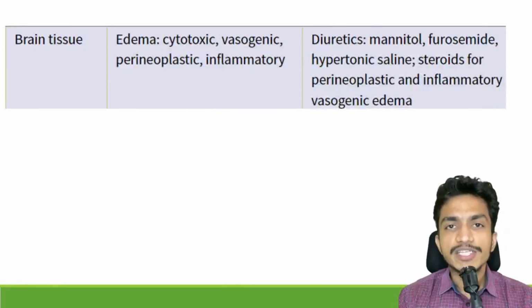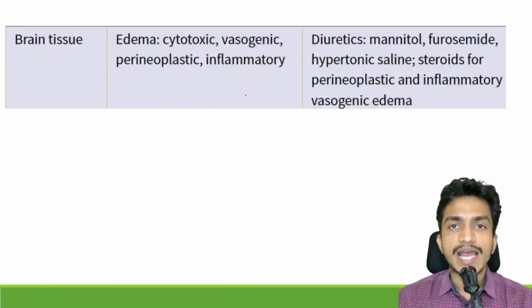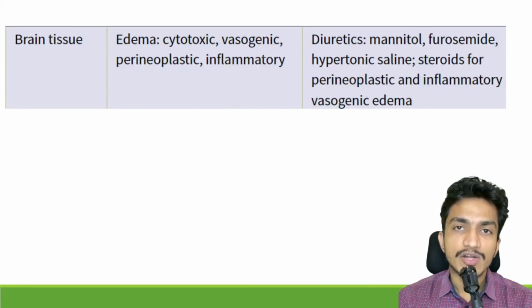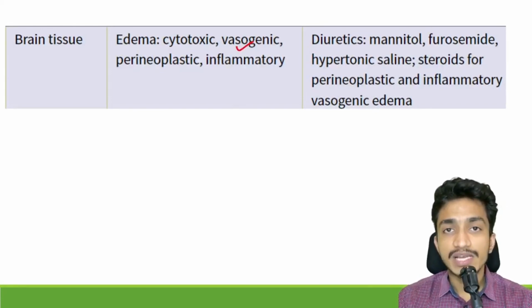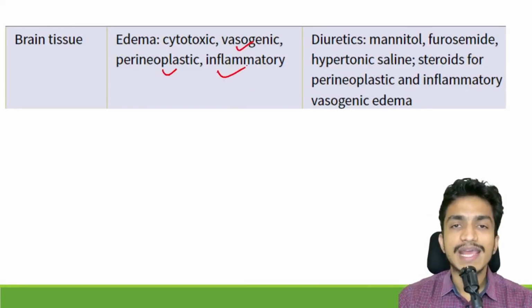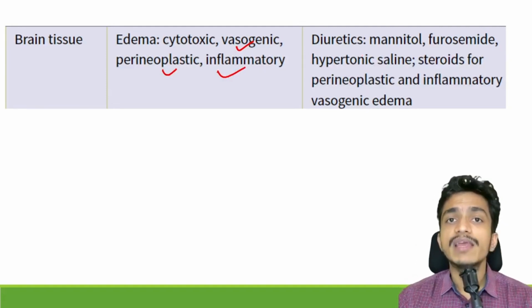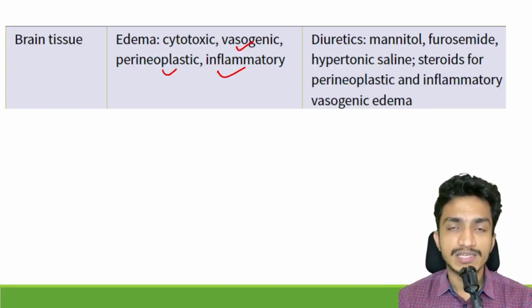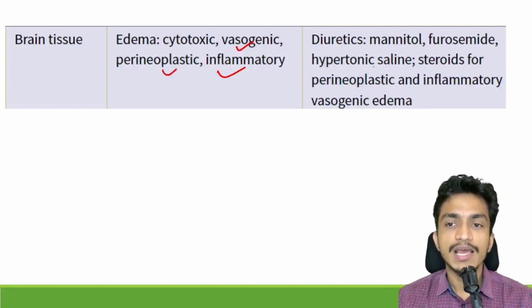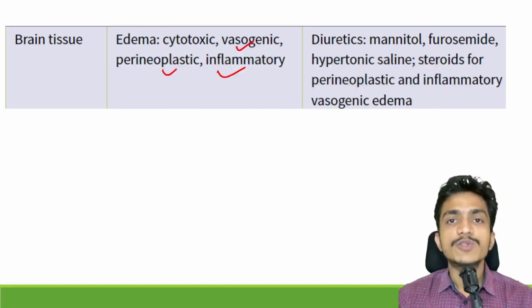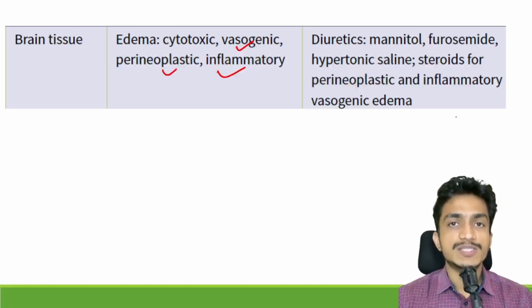If it is the brain tissue, there will be edema. It can be either due to cell damage, that is cytotoxic, or it can be vasogenic, due to neoplastic causes, or inflammatory. So we need to reduce the fluid which is collected in the intracellular space by removing it into the extracellular space with the help of diuretics like mannitol, furosemide, and hypertonic saline, and also we give steroids to reduce this perineoplastic